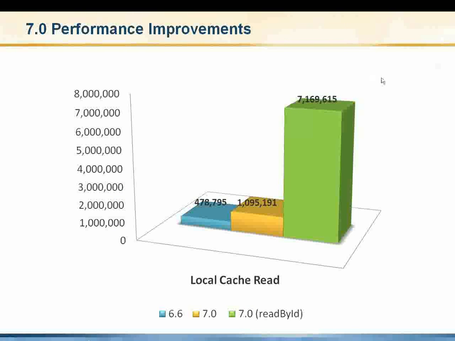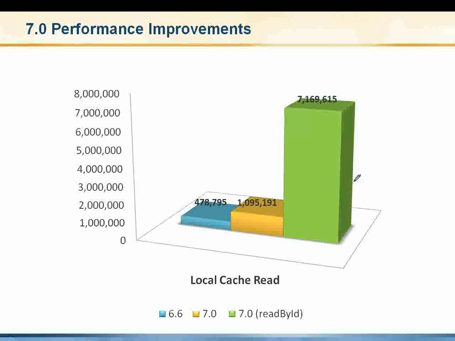improvements. We see here three columns. The first one is describing the 6.6 performance. Basically, back in 6.6, you could do about 500,000 reads per second on a local cache, assuming, of course, that the data is cached by the local client. In 7.0, the same code would translate to more than twice the performance, meaning more than 1 million reads per